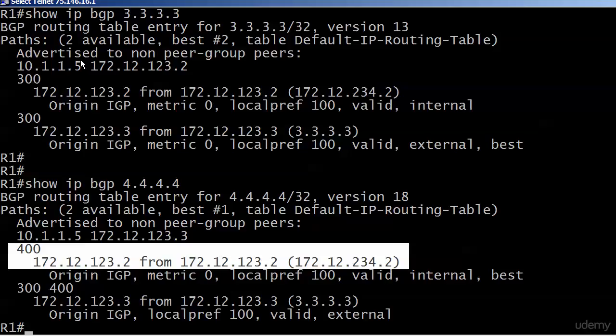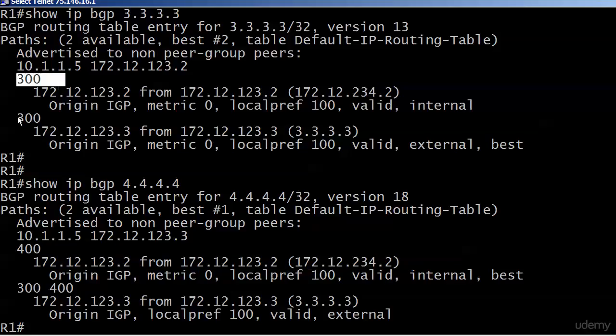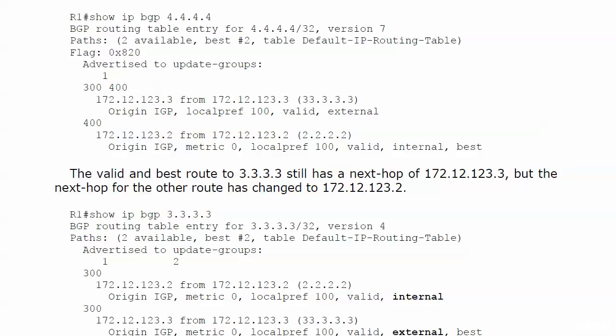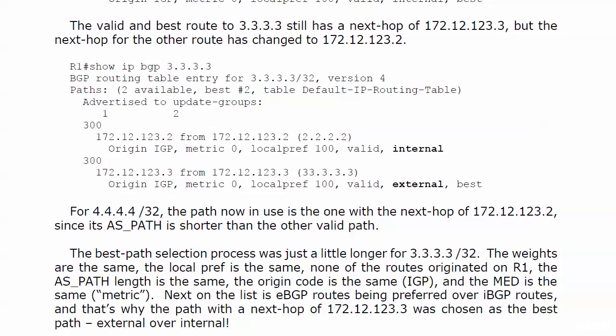Now let's go up here to 3.3.3.3 and you'll notice that the AS path was exactly the same length. So something else had to be the difference maker there. And that's because the best path selection process was just a little longer for the 3.3.3.3 network, because the weights are the same, the local pref was the same, none of the routes originate on router 1, the AS path length is the same, the origin code is the same, the MED, which is the metric, that's the same, it's 0. So finally we get down to eBGP routes being preferred over iBGP routes, and that's why the path of the next hop of .3 was chosen as the best path,